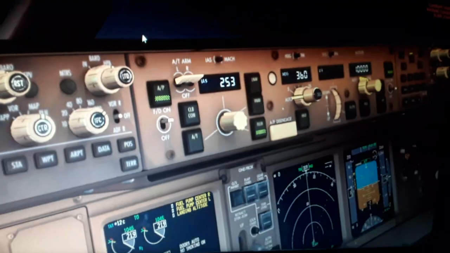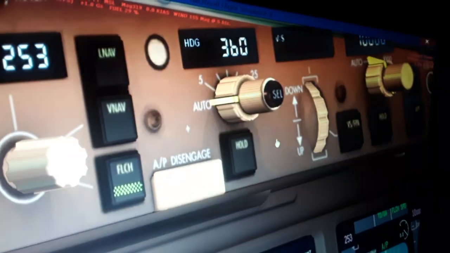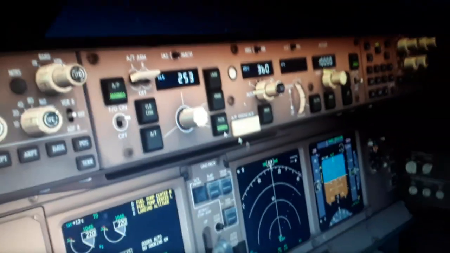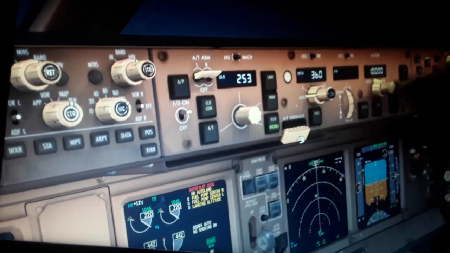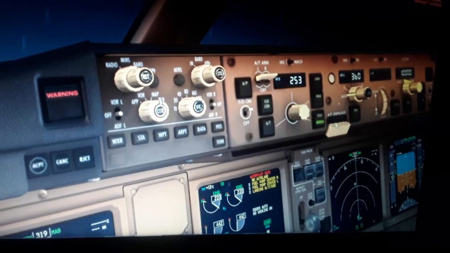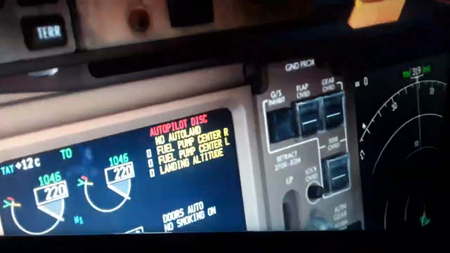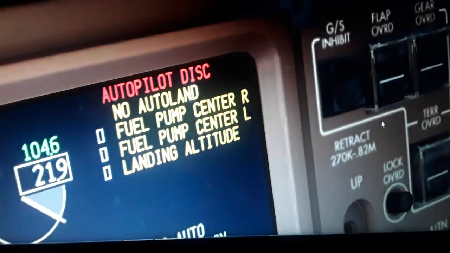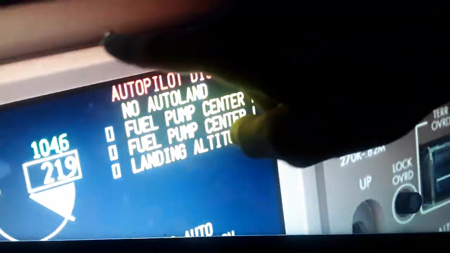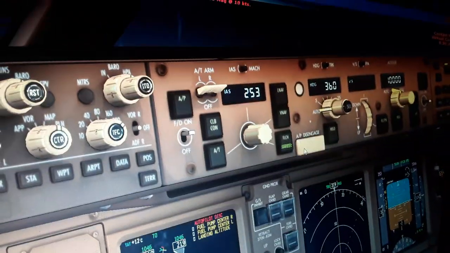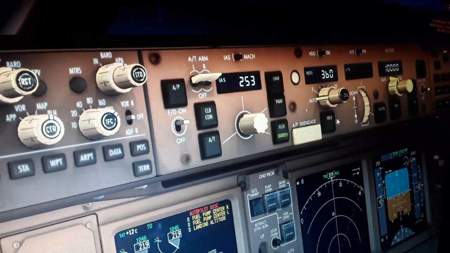We can disengage the autopilot like this by pressing this switch here. You're gonna see the warning coming up, and the autopilot is disconnected with red color over here in the apparatus. So we press this again and we continue with